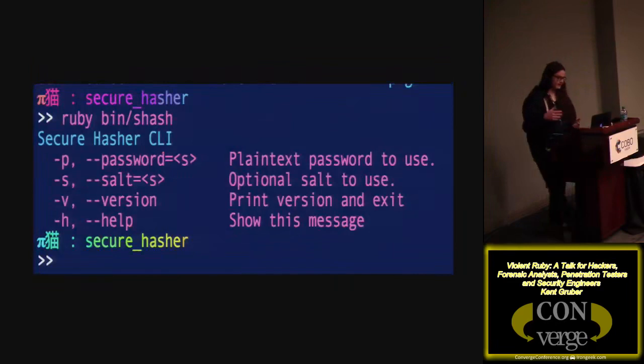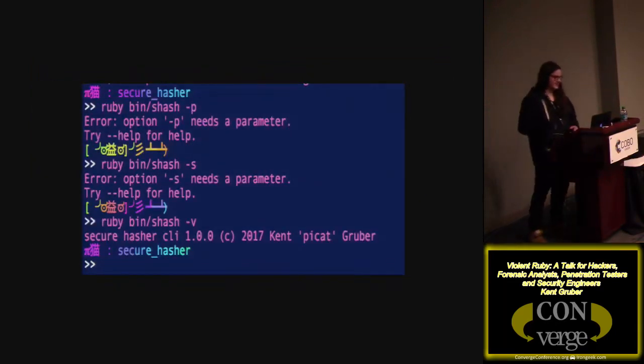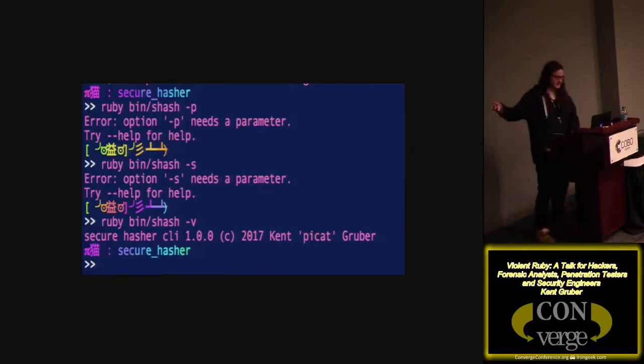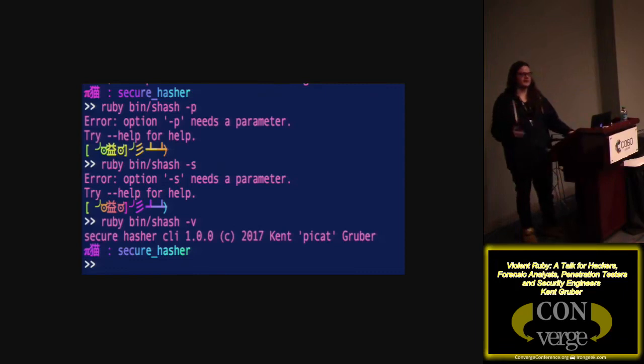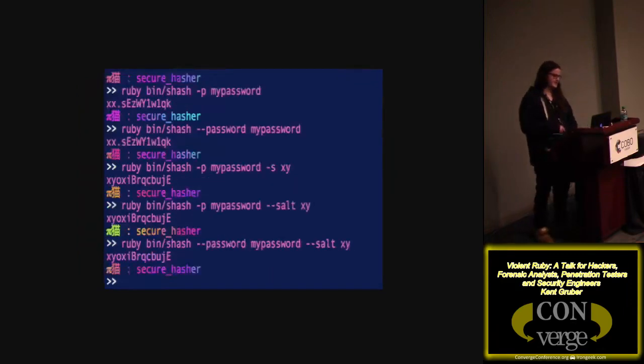So if we run the program, we get the default help menu. Cool. If we run it with tac p and then there's no parameter, I didn't do anything to enforce this behavior, but it basically says, hey, you should try help if you don't know how to do this, but it needs a parameter. And TrollOp does that for you. It's just a really helpful, friendly interface. There's a whole bunch of different ones that do command line application parsing in Ruby and make it really friendly. TrollOp is just one of them. So tac v for version, tac s needs a parameter. And if I actually gave it stuff, it would then do the actual stuff, right?